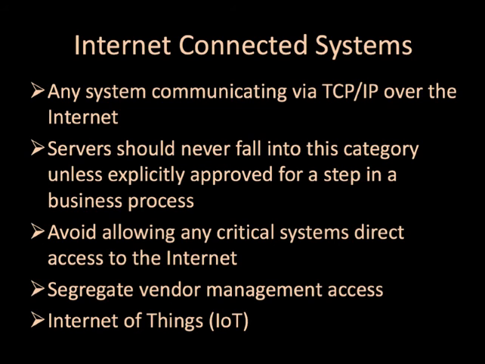Servers should never communicate over the Internet unless the connection is explicitly approved. All other connections should be blocked by firewalls or other network management devices. Further, browsers on servers should be disabled or deleted. No critical system should have direct access to the Internet. Healthcare delivery systems, for example, should never have Internet access.